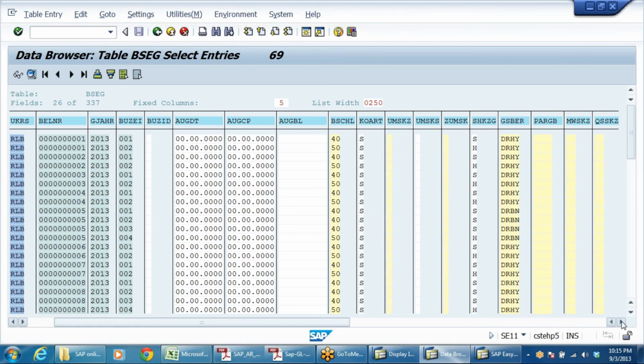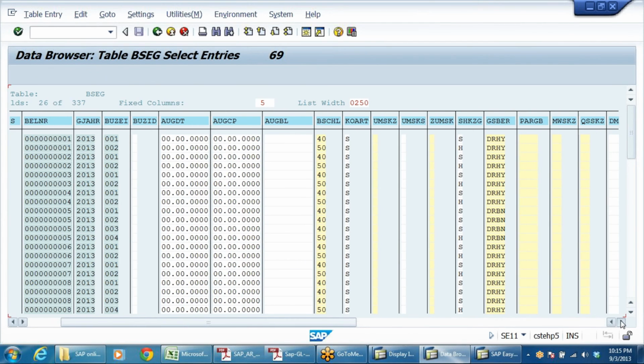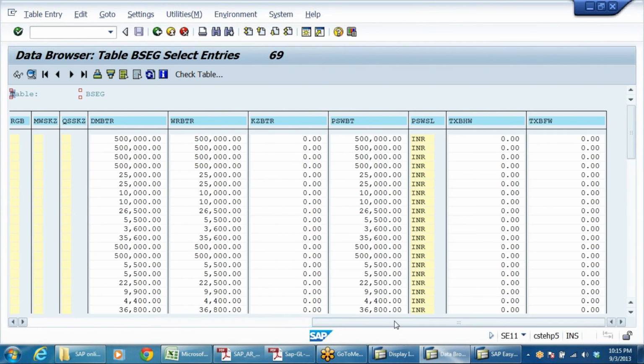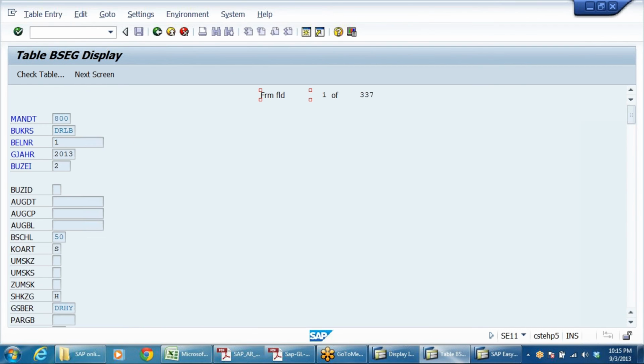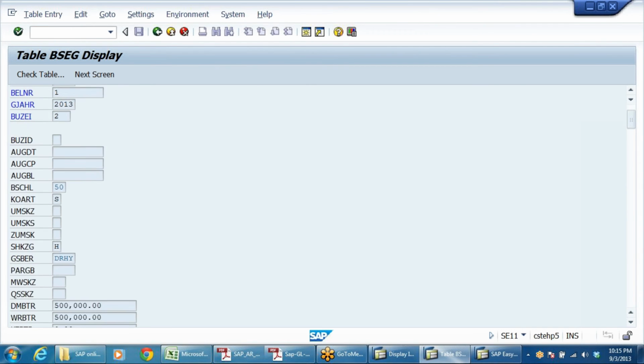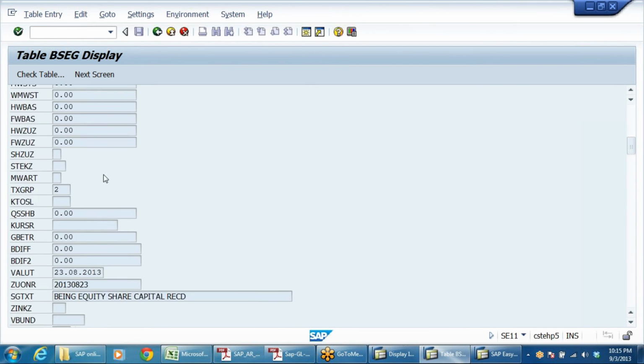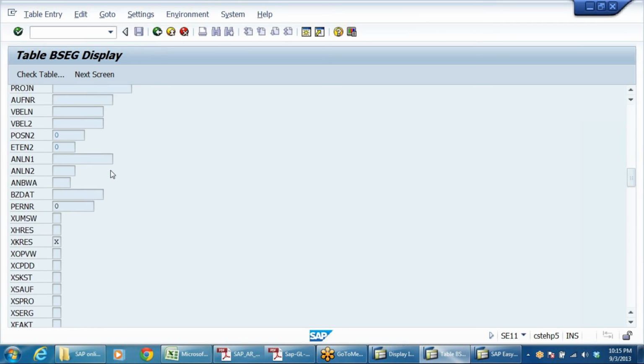Sounds like a Dutch language. See, all these things are there, the amounts, etc. If you want to see this, double click on this. Right, these are the fields. Every piece of data is going to be stored in these fields.